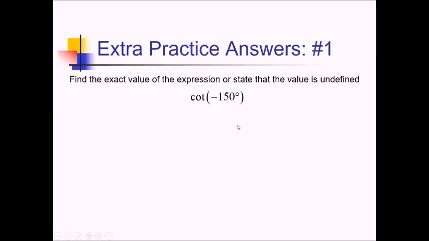To figure out this problem, let's first convert this to a positive angle. So this is really cotan of, let's see, if you add 360, that's going to be 210. And then that is 30 degrees away from the 180 line, so that's a reference angle of 30. Cotan, which behaves like tangent, we've got a positive slope in quadrant 3, so I can rewrite this as positive cotan of 30 degrees. And now using sine and cosine, I can rewrite this as cosine of 30 over sine